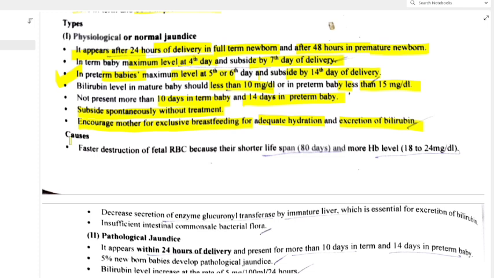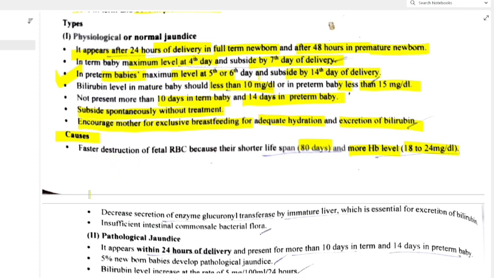Okay, now coming to causes. So what are the causes? Faster destruction of fetal RBC because of their shorter lifespan of 80 days and more hemoglobin level, that is 18 to 24 milligram per deciliter. So we know, right, RBC is destroyed faster in newborn because it has a shorter lifespan, around 80 days, but for adults it is 120 days, right? And also the newborn has a higher hemoglobin level, that is 18 to 24 milligram per deciliter,